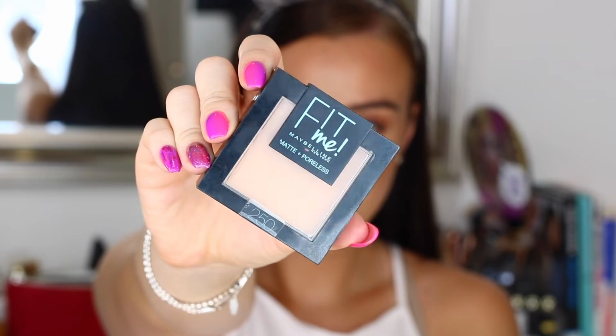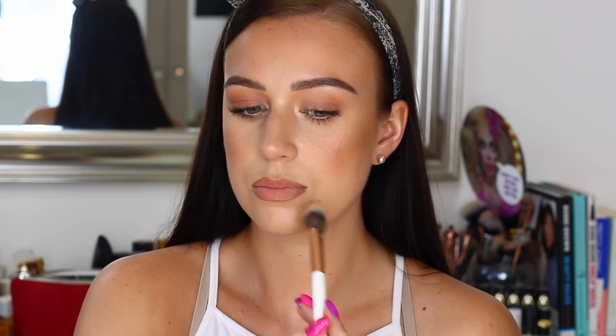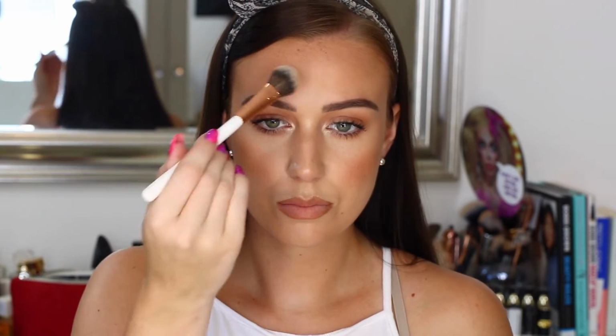So as you can see, I've basically got the base down already. I did a bit of foundation, powder, tiny bit of eyeshadow, but obviously throughout the day we're going to get oily and some of that powder we're going to lose. So I'm going in with my Maybelline Fit Me Matte and Poreless Powder Foundation. I really love this. This is in more of a tan shade because I have been away. Otherwise I normally end up using the MAC Studio Fix, but either one are really nice and this one is way more affordable. So I'm just adding this in little areas where I've maybe lost a little bit of coverage,